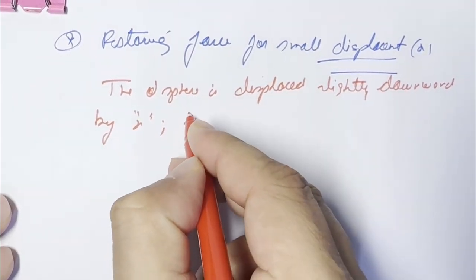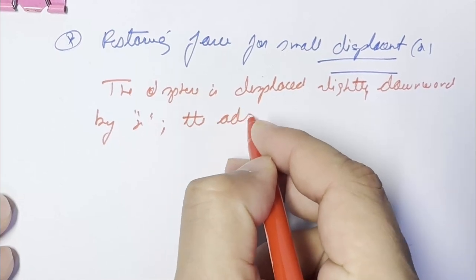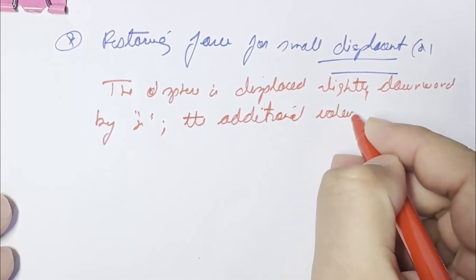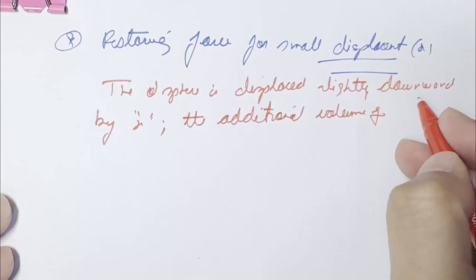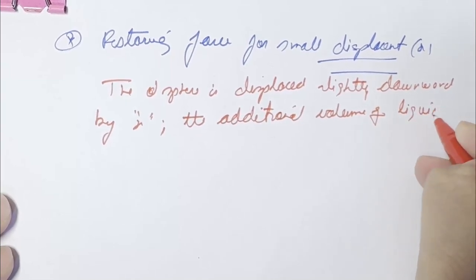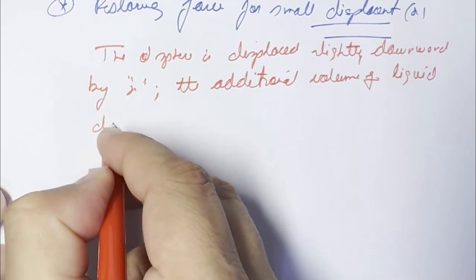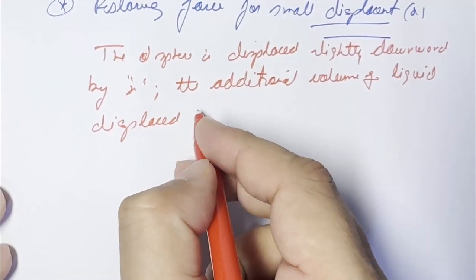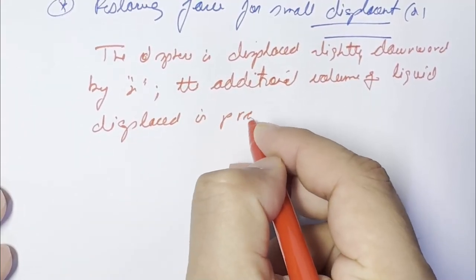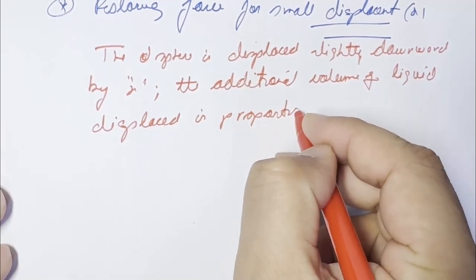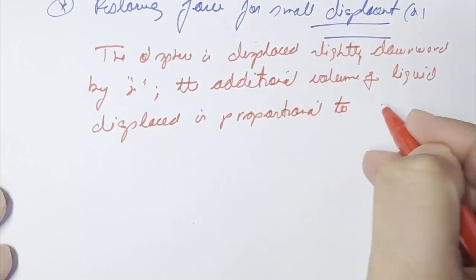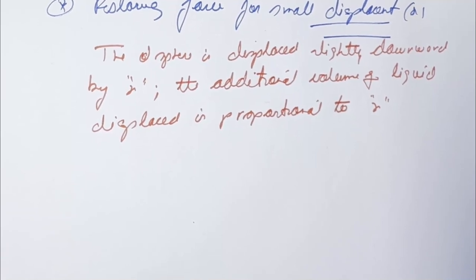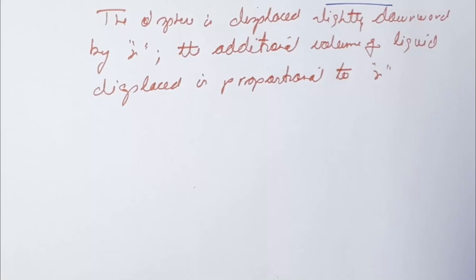The additional volume of liquid displaced is proportional to x. So therefore we can say the change in the buoyant force,